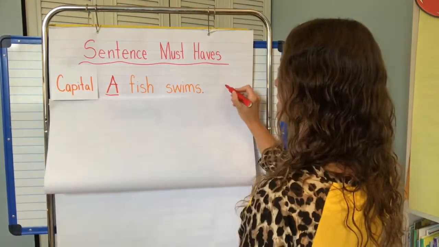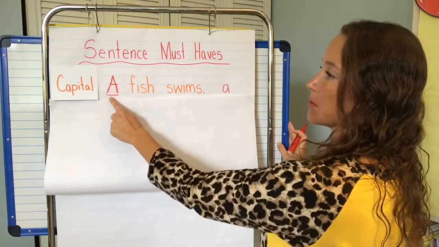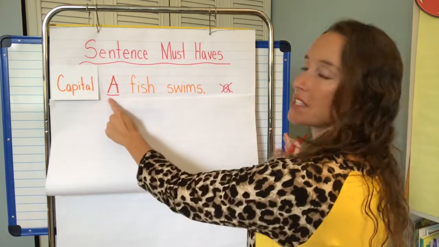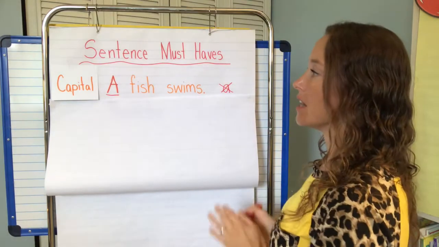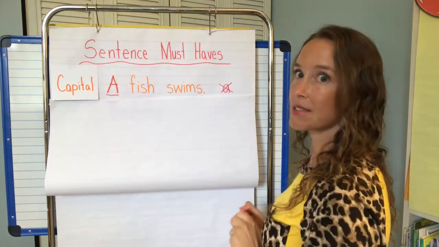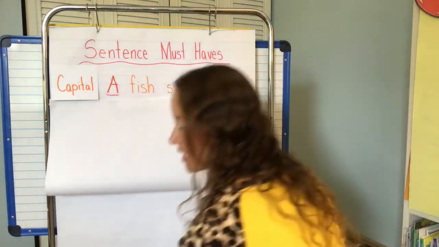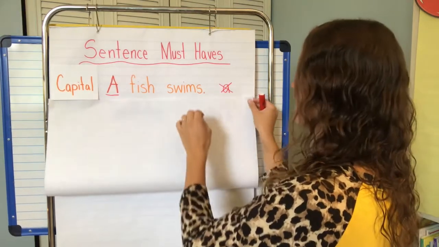If you had a lowercase a, it would look like this. Okay, the difference between a capital and a lowercase. We don't want the lowercase letter. We want to start with a capital. First letter of every sentence has a capital. Now notice, I don't have capitals in the middle of my sentence. Okay, it's just the sentence starts with a capital. All right, the next thing we're going to talk about that a sentence